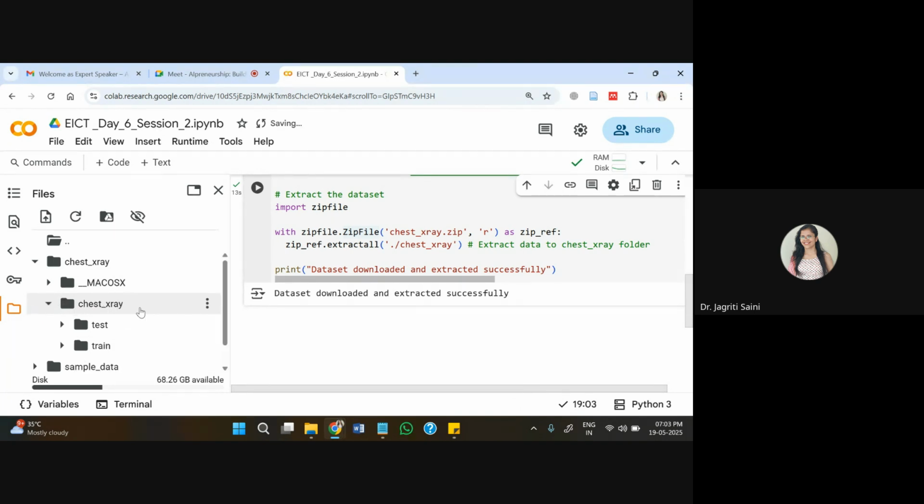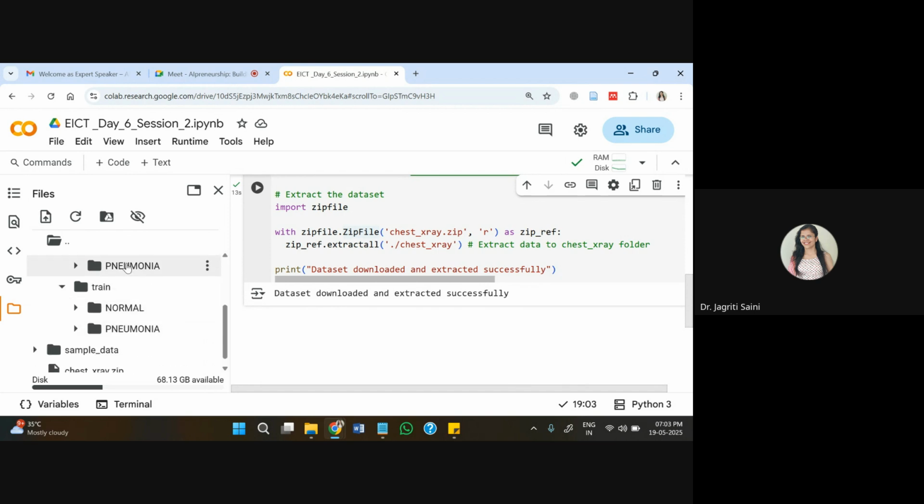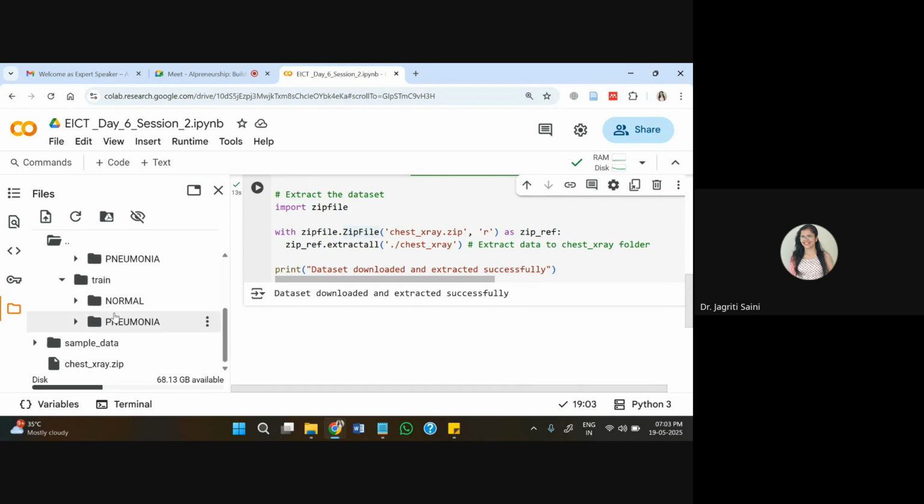Within this folder now, you can see there is an inside folder on chest x-ray, and here we have train and test datasets, and this includes x-ray images with normal and pneumonia for both training and testing datasets. This is the directory we have created right now with x-ray data. You can observe this data currently contains only training and testing files. We don't have a validation dataset in this folder, but we can create that also.